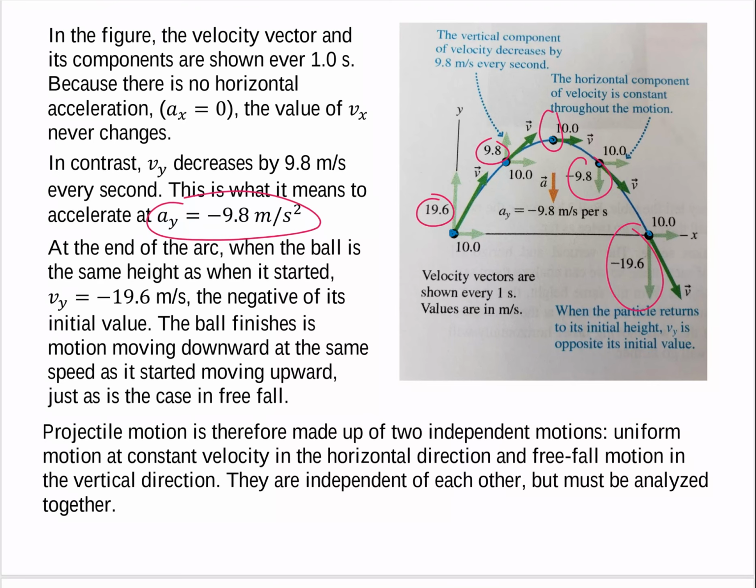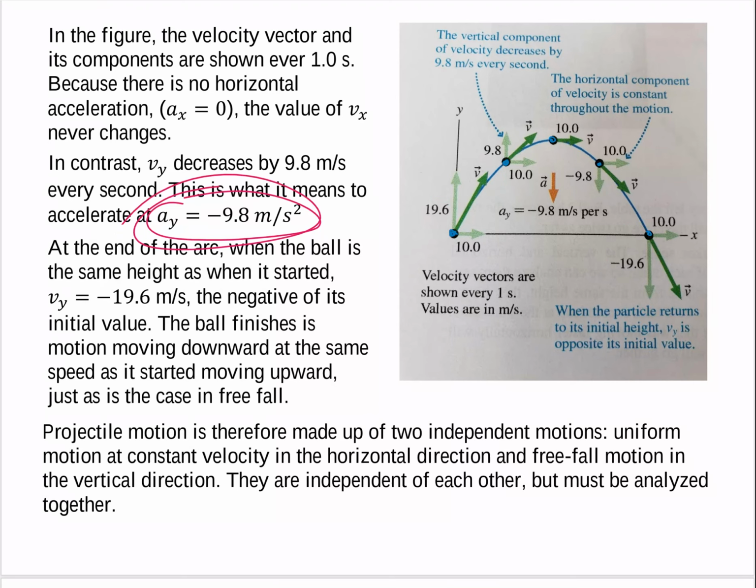So that is why the velocity component in the y direction is what it is every second that goes by. It's because of this acceleration telling us that every second that goes by, we're going to lose 9.8 meters per second. Okay? So, let me get rid of those. All right. Now,